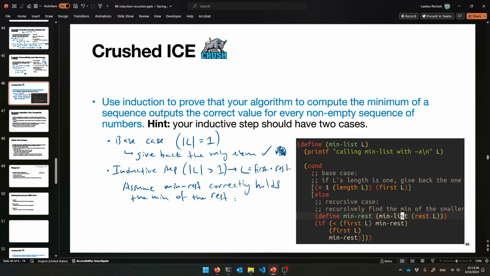All right, with that in mind, now we're going to run this if statement, and we're not sure which branch we're going to take, so we better have two cases. Case 1 is when the first element of our biggest list was smaller than min_rest. So that's what our list broke down into: first concatenated with rest. If first was less than min_rest,